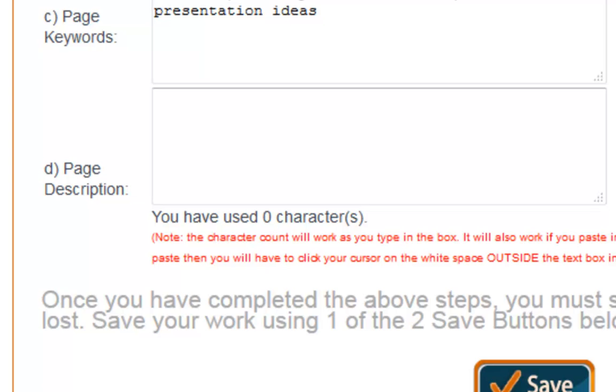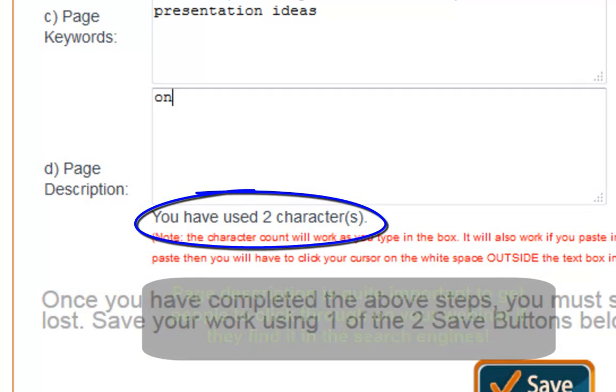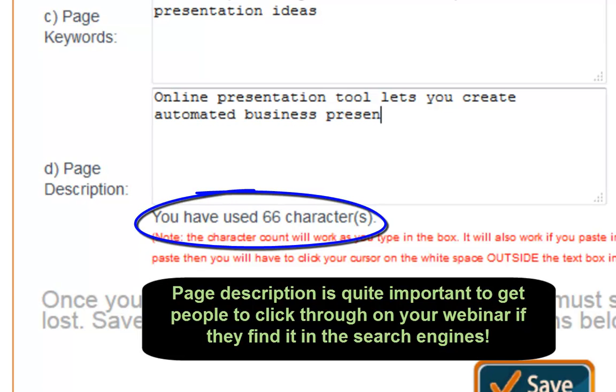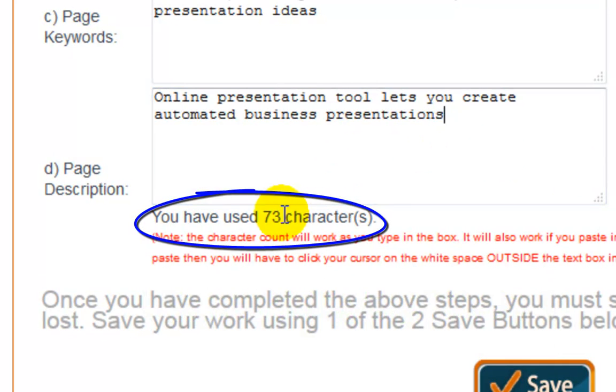Now, as far as the page description goes, and your page description is what you'll see in Google when you're doing a search. So I'll go: online presentation tool. Oh, and actually I want to capitalize the first word there. So: Online presentation tool lets you create automated business presentations. You can see the character count just down below right here. It's keeping track of the characters that I'm using. That's important. You'll find out why when you go through and watch our help videos. So I've got: lets you create automated business presentations,